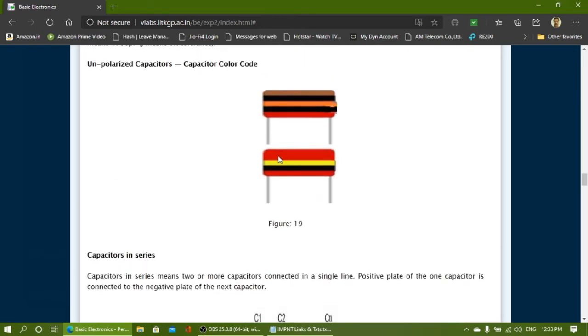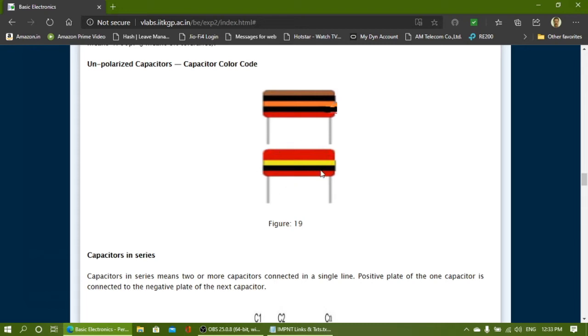And in the case where the red band is thicker, that means two consecutive red bands are here, so you have to consider the first two digits as 22 and then yellow, that means 10 to the power 4, and all the value